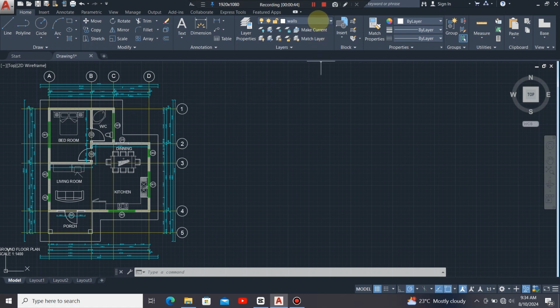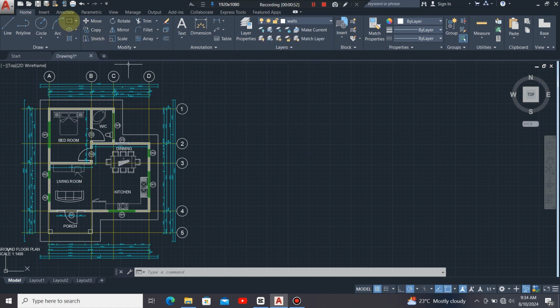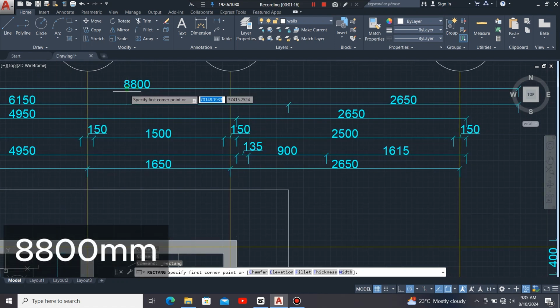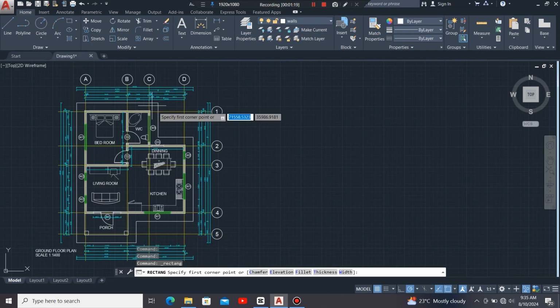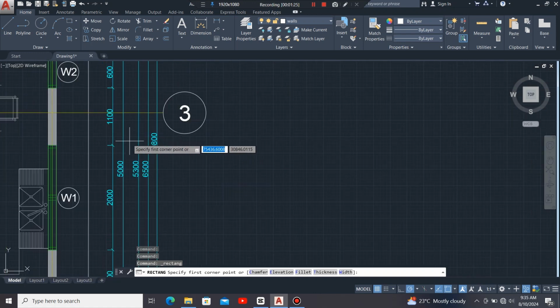So I'll click at the layer command and I select the layer for walls. Then I'll use the rectangle command. I'll click at it. Then before I draw any rectangle, I'll first confirm the dimensions that I need to use for the rectangle. So I'll take the overall length and width. So the width, we have it as 8,800 millimeters. Then the length, we have it as 10,800 millimeters. Okay, so